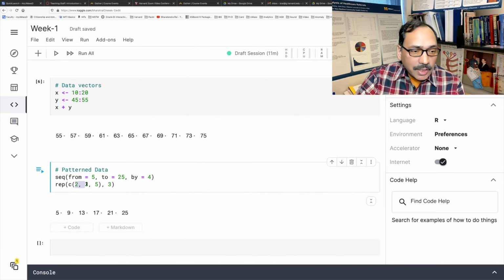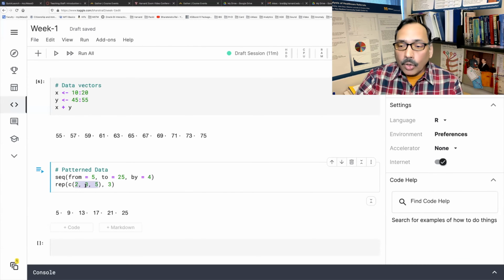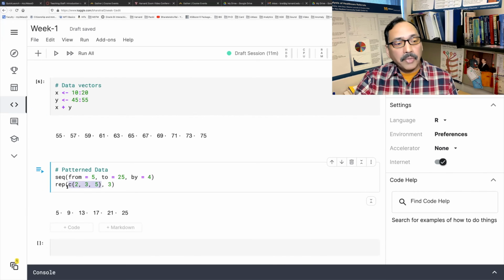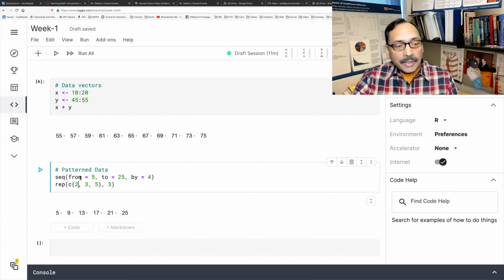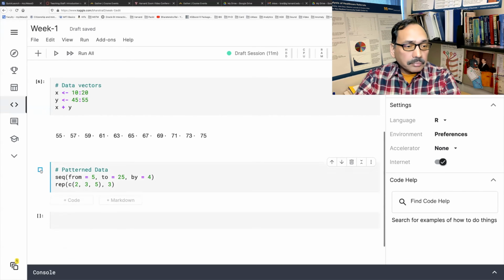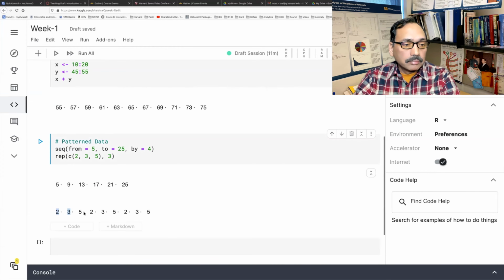This is the way we tell R that we have more than one number. Whenever you have more than one number or item, we always use this format. You'll see that I will continue to use this kind of format whenever I have more than one number. So 2, 3, 5 will be repeated 3 times, like this: 2, 3, 5, 2, 3, 5, 2, 3, 5.